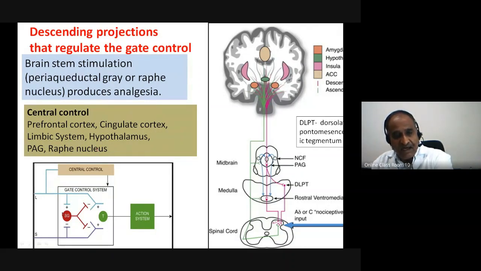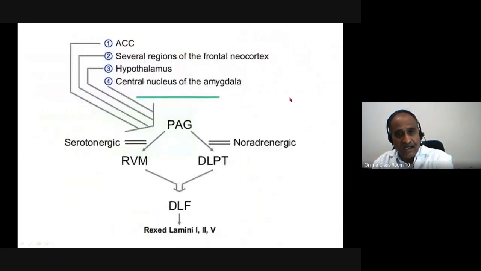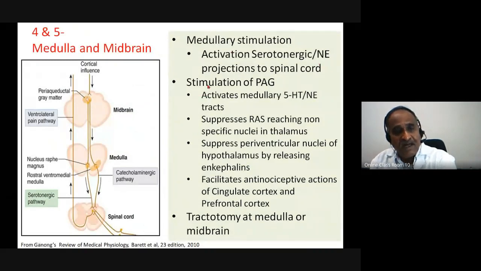There are many factors which operate either to open the gate or close the gate, and this will depend upon the descending projections and the local effects at the spinal level. And this is what I mentioned. That is about the gate. So now coming back to the treatment